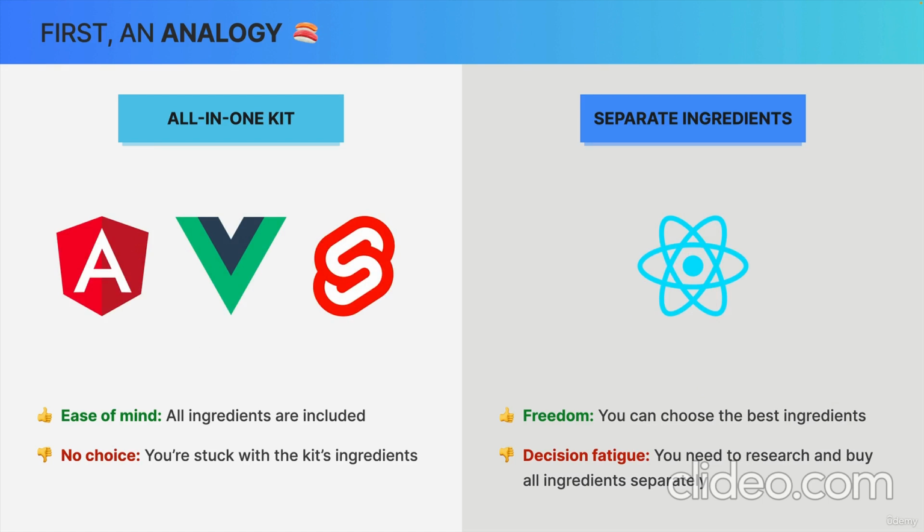So we could describe Angular, Vue, or Svelte, for example, as the all-in-one kit, and React as buying separate ingredients. And the pros and cons of building a web app with each of these approaches are basically exactly the same as in making sushi at home. Okay, but actually let's now replace these terms with their actual definitions and actually learn what's the difference between a